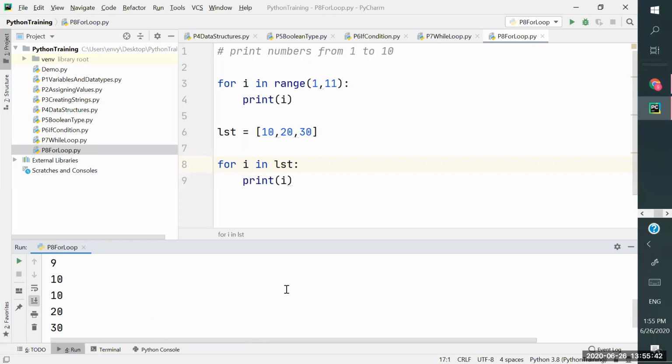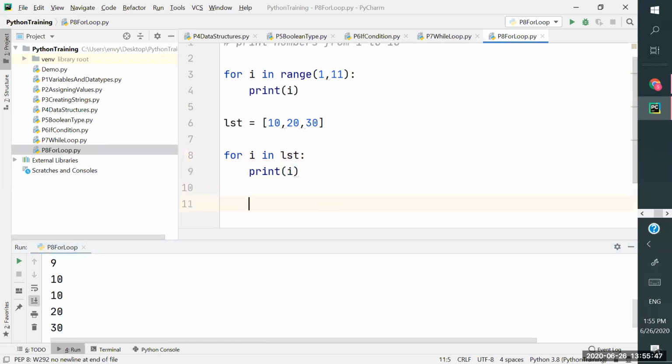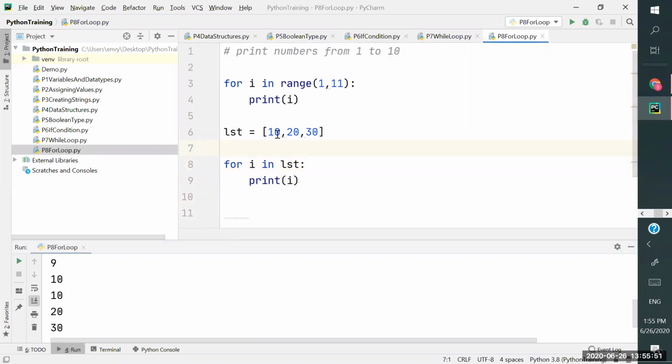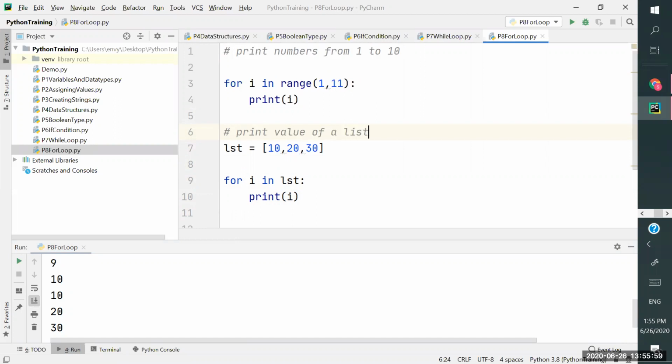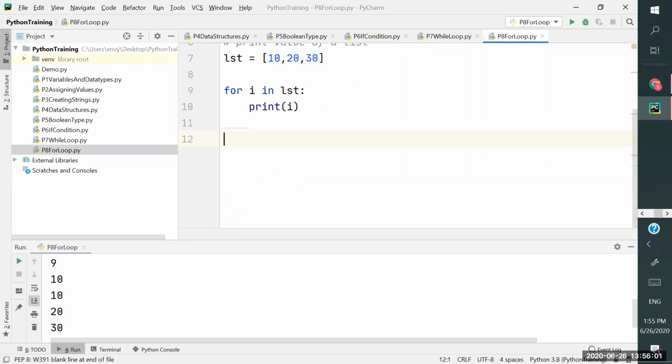Let's say I wanted to print values based on index. Earlier, to print numbers from 1 to 10, I created a loop, and here I have created print values of a list. Similar to that, I'm printing values of a list using index.